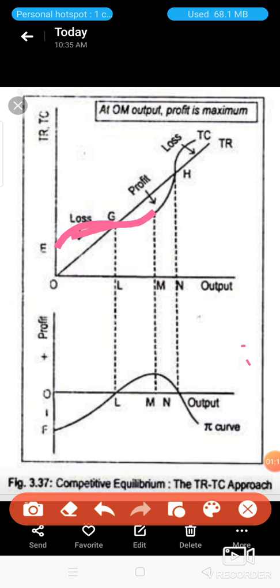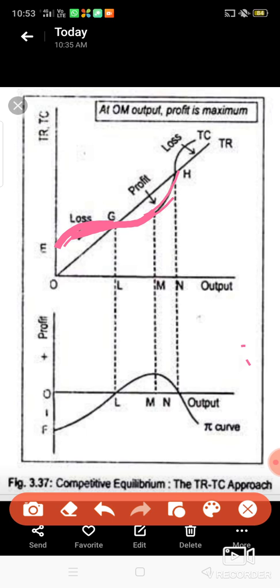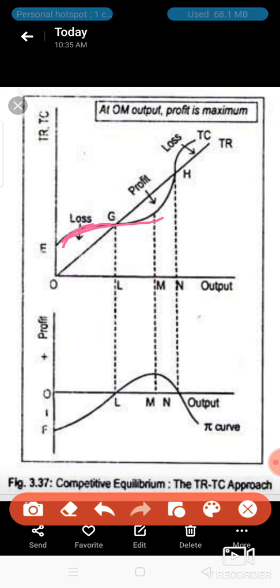So as we know, in case of total cost, it first increases at an increasing rate, and then if you hire more and more labor, cost increases but at a decreasing rate. And if you continue further, then the cost will increase at a very increasing rate. That's why this is the shape of the total cost. First you can see it increasing at an increasing rate, then increasing at a decreasing rate, and then it started increasing again.